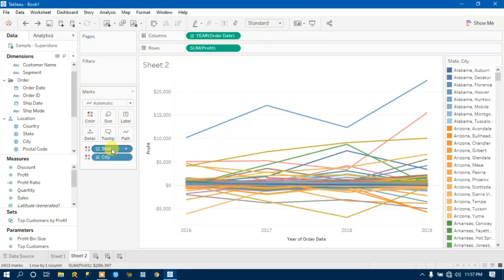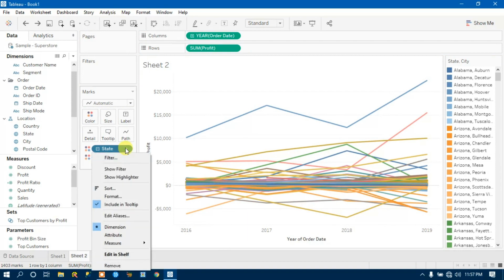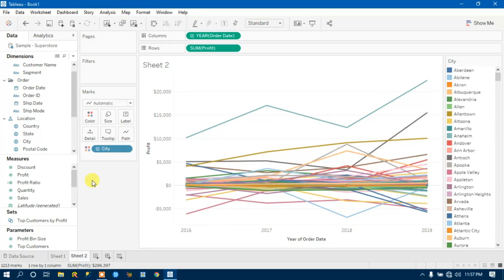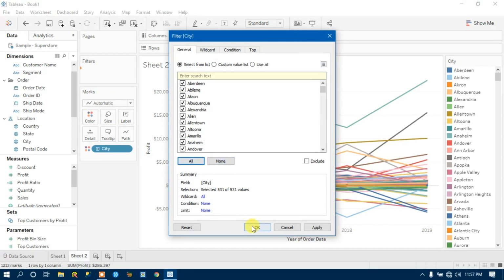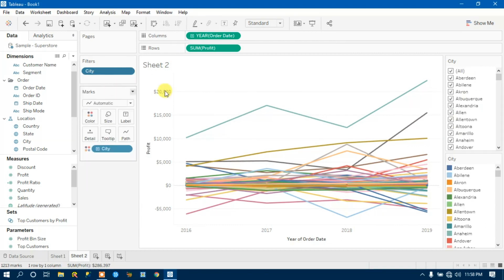If you want to remove any pill, you directly drag it somewhere, or you can click on this drop-down icon and click on remove. There is a second way you can remove it, right? So what I'm doing here, I have just shown you the visualization. I am giving you another visualization. Let's say if I drag city over to this, and let's say all, and apply. Let me show the filter. Show filter. You get this filter, right?